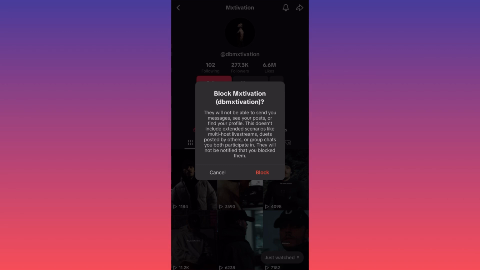If you block someone on other platforms, you're still not going to be able to see them. They're not going to be able to stream or to show in front of your face. So I believe that TikTok can actually work on this. They will not be able